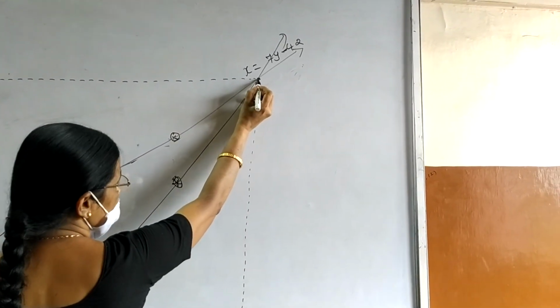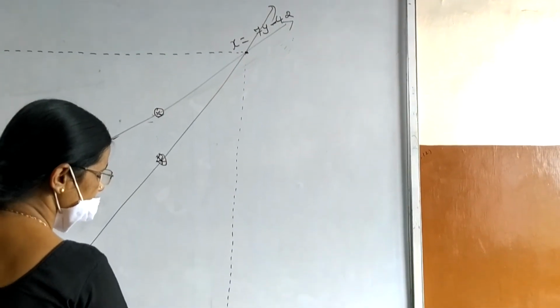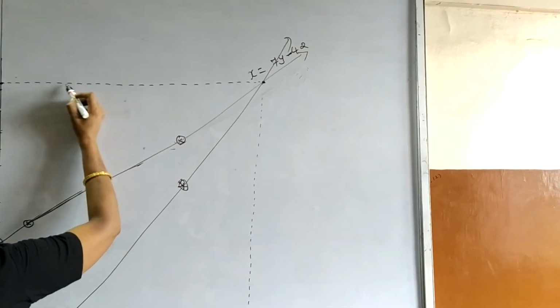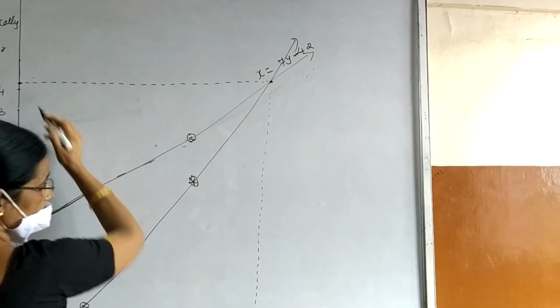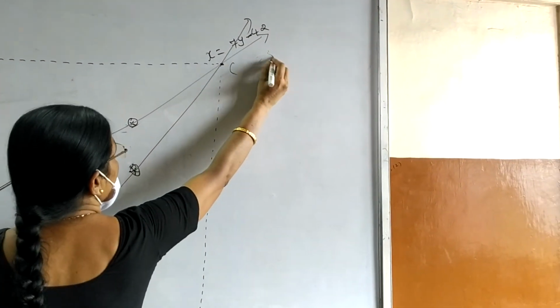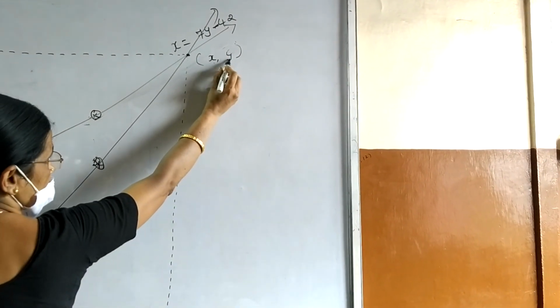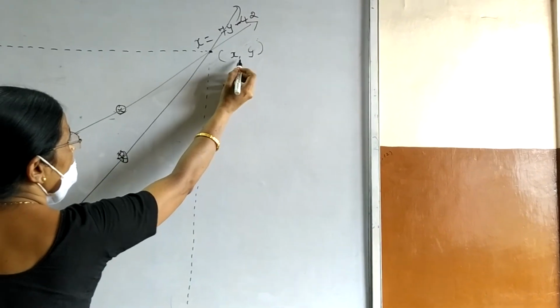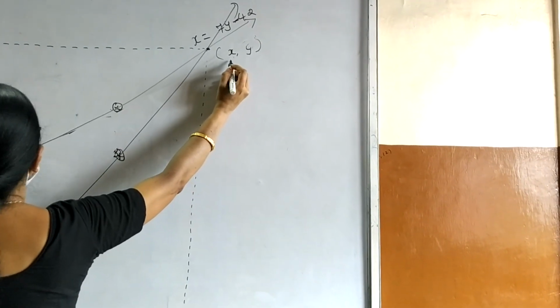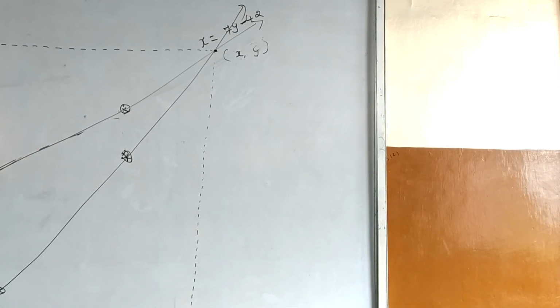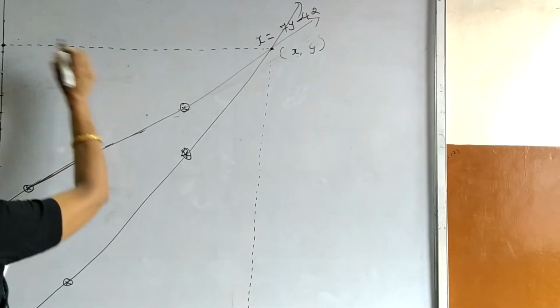This point of intersection should be joined with the x-axis perpendicularly with a ruler. Also here we have to draw a perpendicular to the y-axis. The numbers at which it meets the x-axis and y-axis are the solution. Suppose it meets x at 14 and y at say number 12 or 13 or 14, whichever number is meeting here, that is the solution.